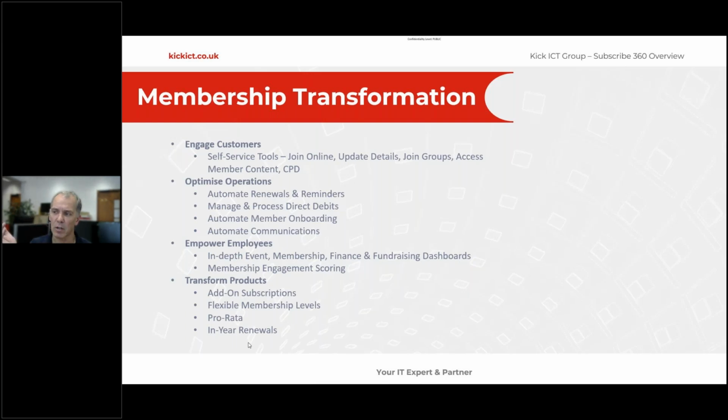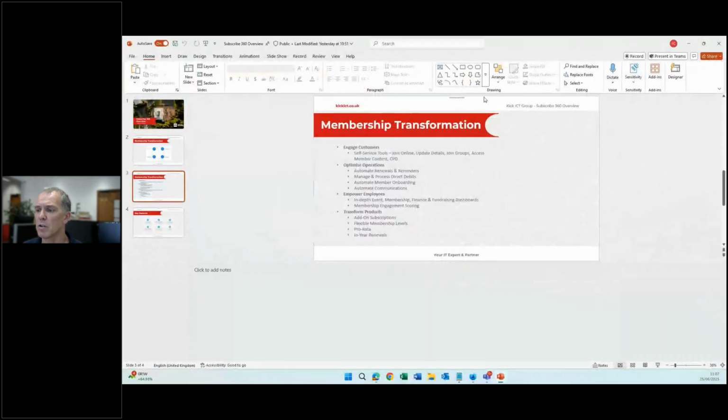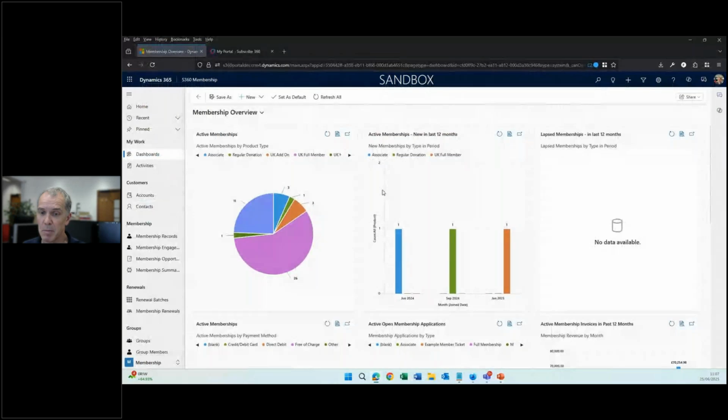Help and engage your customers through the self-service tools, optimizing your operations through automated processes, empowering your employees with in-depth information and giving them information on membership engagement, and the idea of transforming your products in terms of being able to adapt your memberships that you offer, the membership levels you offer, automatically categorize people into the right categories, support for things like pro rata and in-year renewals, moving from maybe an annual basis to in-year, where people are renewing at different times of the year to spread your income. So that's just a little bit of an introduction to Subscribe 360, but let me actually show you the product